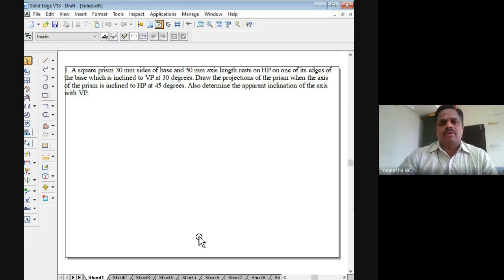Similarly, another kind of solid we are calling a cone. A cone is a special kind of pyramid wherein the bottom base is a circle and you are having an apex or a vertex. The vertex and the bottom base circumference will be joined. That is what a cone means. Similarly, there is another solid called a cylinder. A cylinder is a special kind of prism wherein the bottom base is a circle, the top face is also a circle, and you are having the lateral sides. That is what a cylinder is.